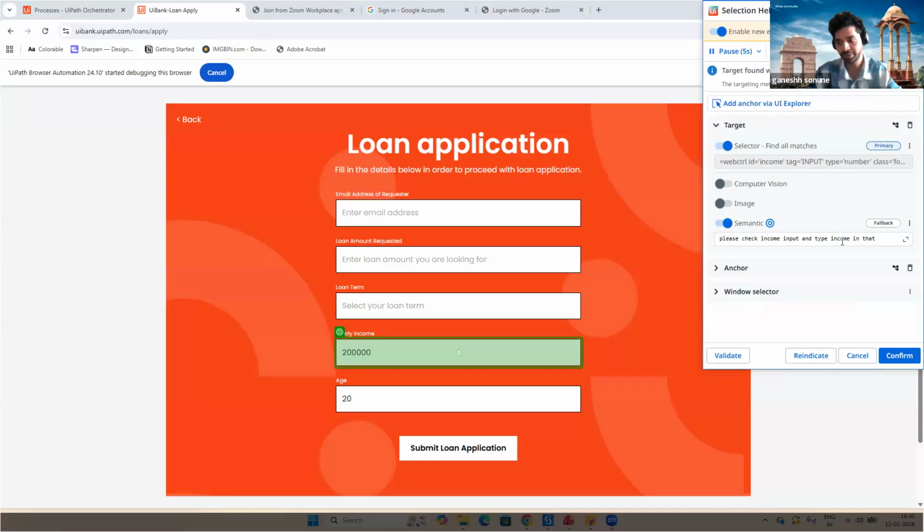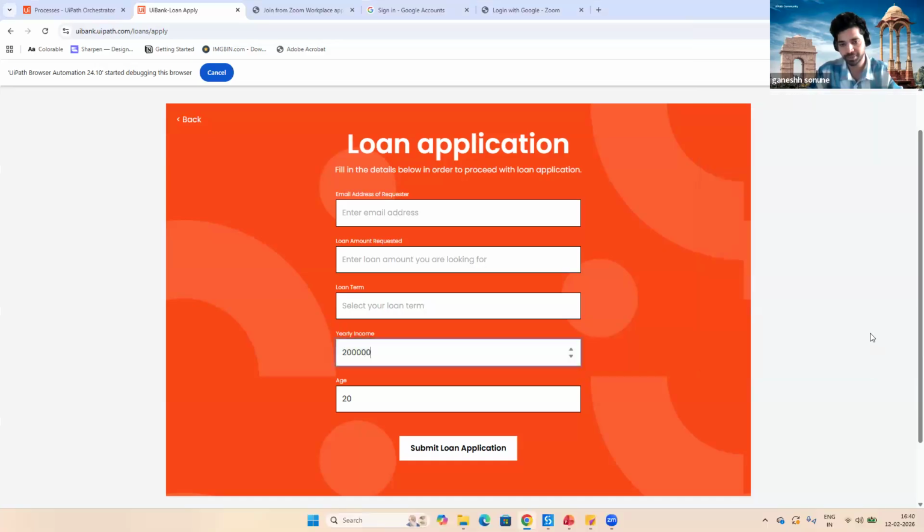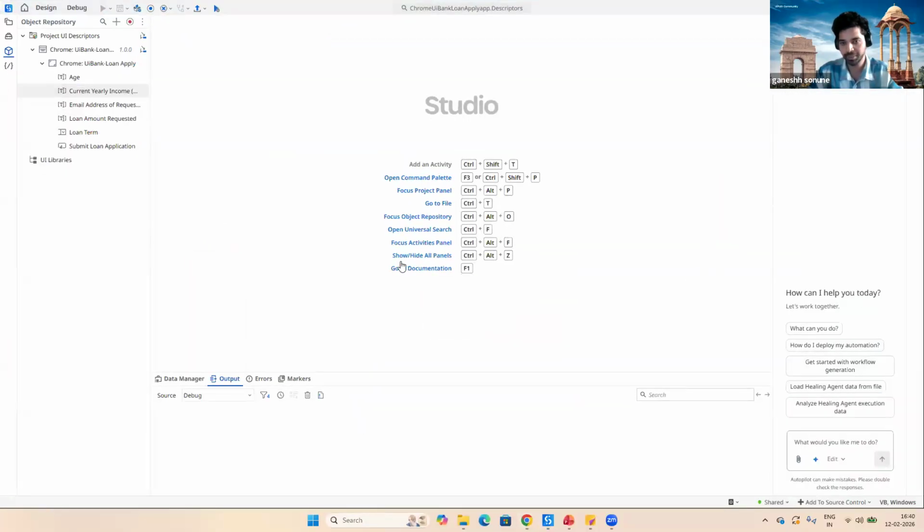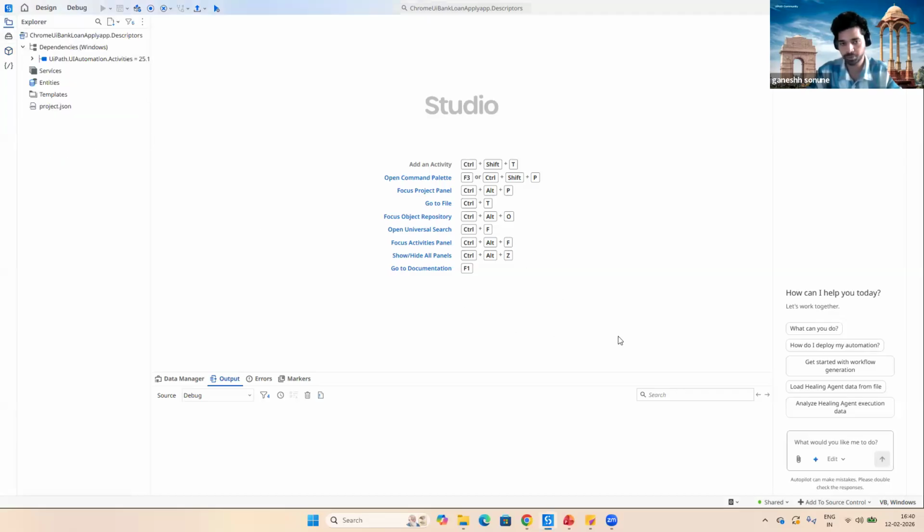Rather than technical attributes, it will understand the context of the prompt, and it will perform like this. As Deepak said, it will consume 0.05 AI units as per your module. It can consume like this. So that's all about the semantic selector.